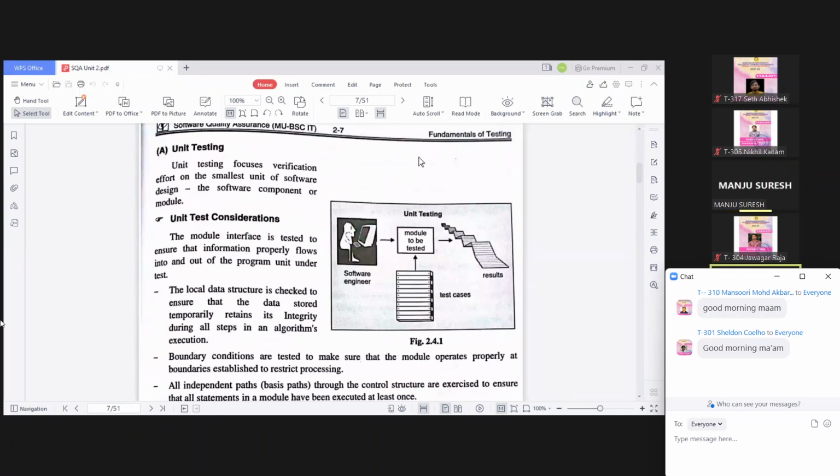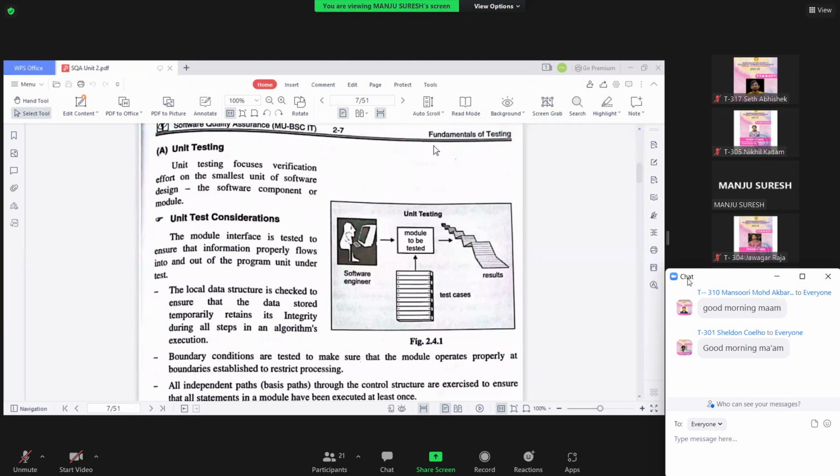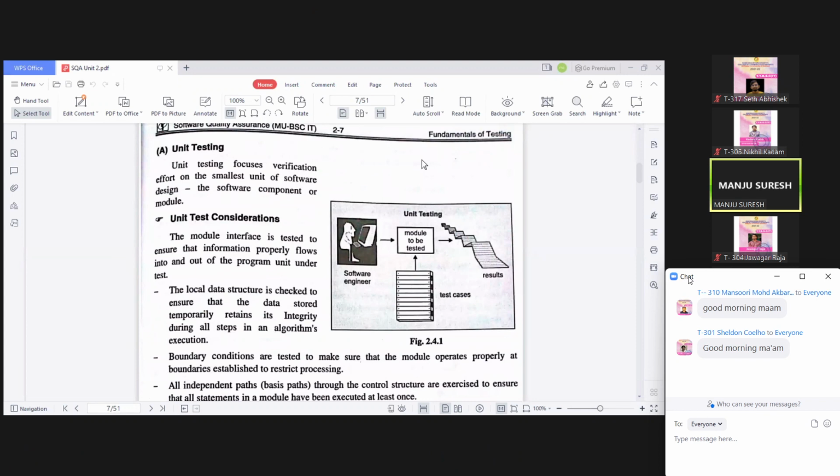See, when we are doing unit testing, yes, anybody who wants to speak? Okay, so whenever you are doing unit testing, we want to test one single component. Okay, but how can we test a single component? We need to have an adjacent component to test our component.